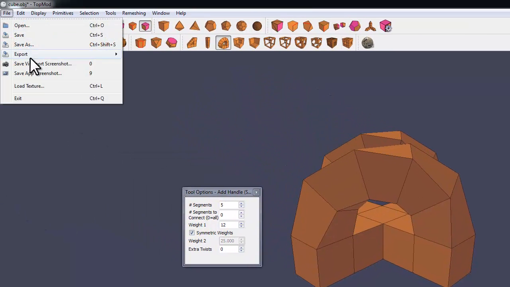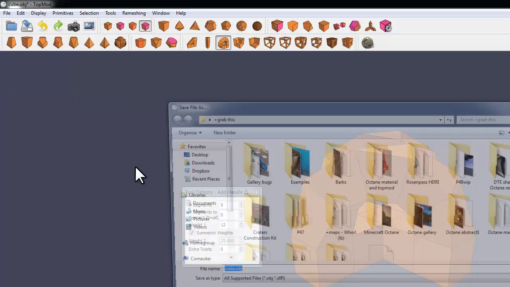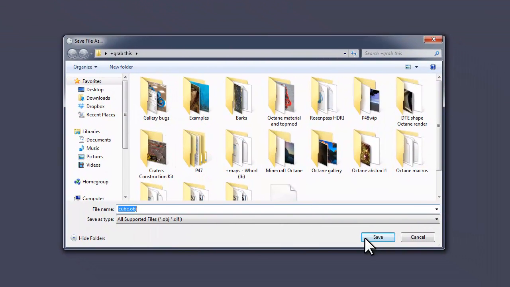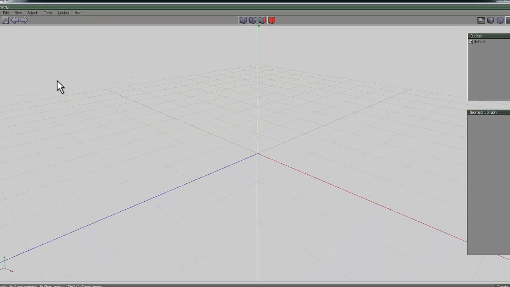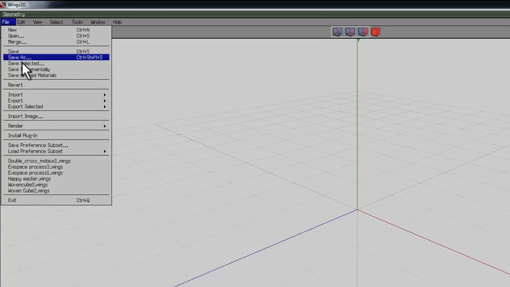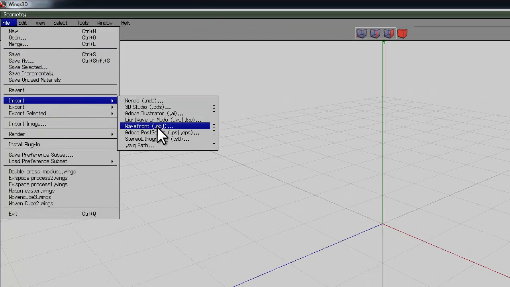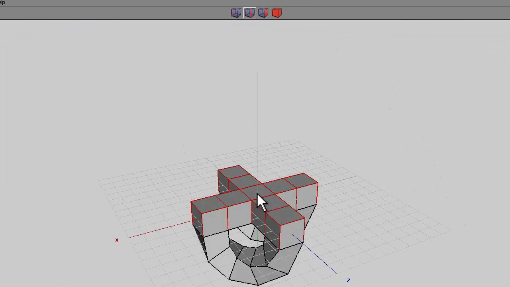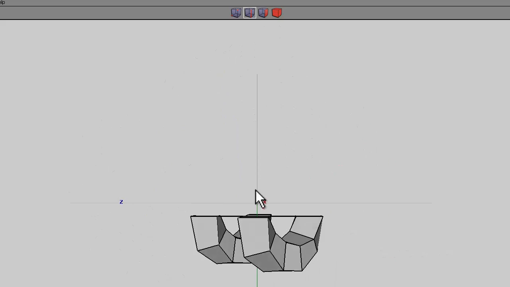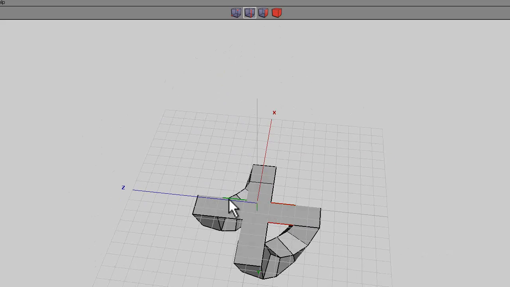So what I'm going to do is I'm going to save this object. So I'm going to save as, and it can be called cube object, right, and then we'll go to Wings 3D. Oh, just got to be patient because Camtasia slows things down. So file and import object, find my cube, okay, here it is, get rid of the bottom half of the shape, which is what I was after, like so, and even though you can see there's bits of broken geometry,